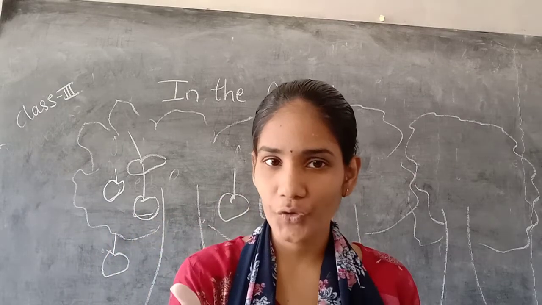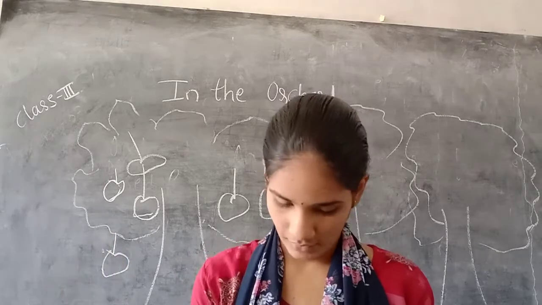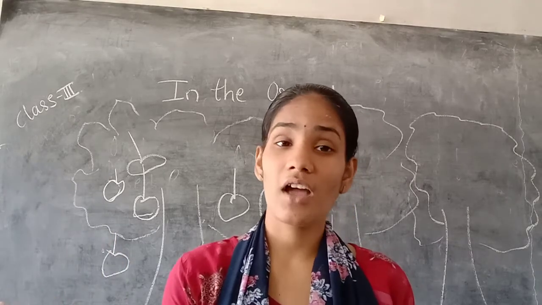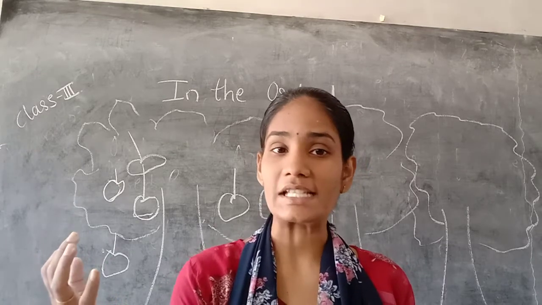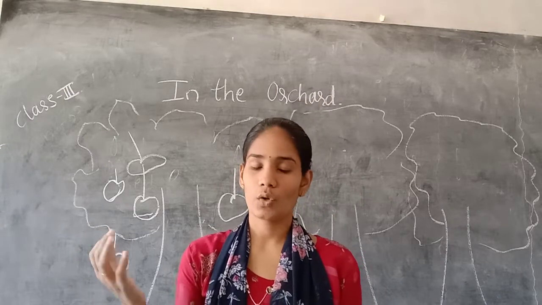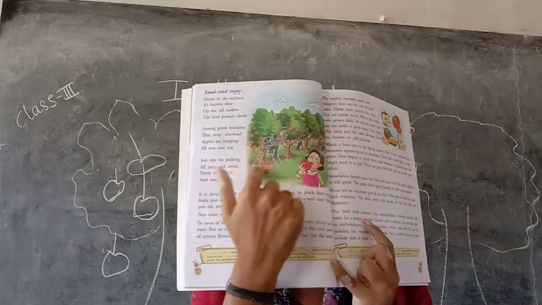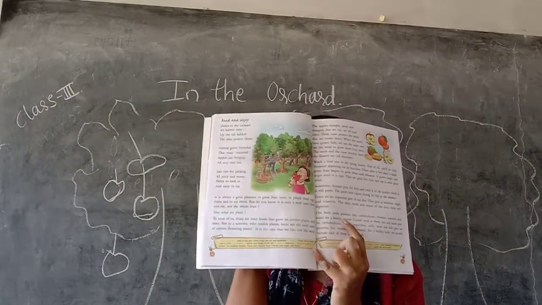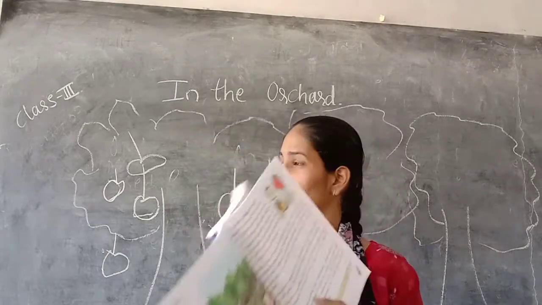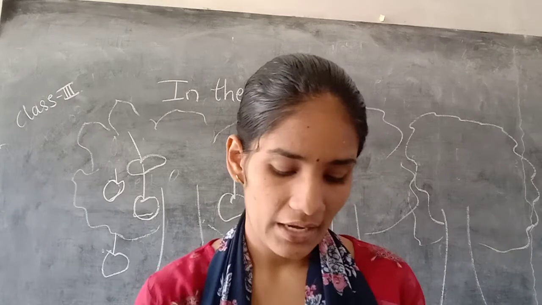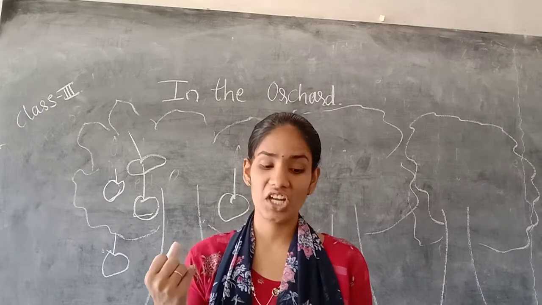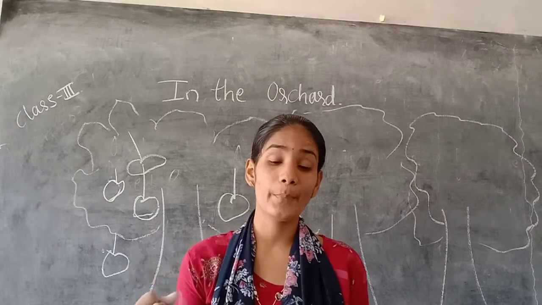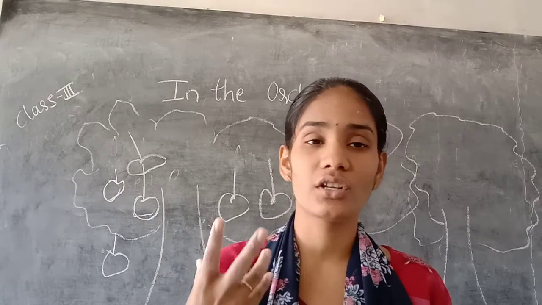See, what is the color of an apple? Usually, yes, there is also green apple, but most of the apples we can see in red and rosy color. See here in the picture, which color apple have they given? Red and rosy color apple. These red and rosy apples appear very beautiful. They are hanging in the apple trees and looking very nice, the color of the apples rosy and red.